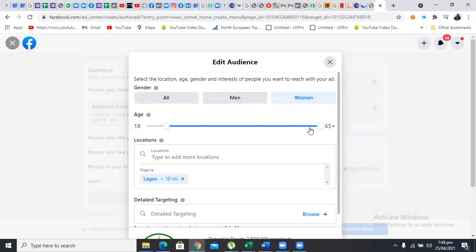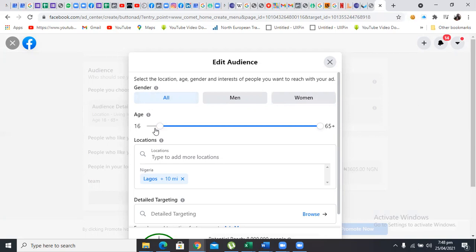So what you just need to do here is, if it is for all, you just click on all. The next thing is your age. What is the age range of people that you want to see your ad? For example, we were talking about selling football. I said teenagers. Teenagers are most likely going to be between, let's say, most of them might not be online, or they may not even have a Facebook page.